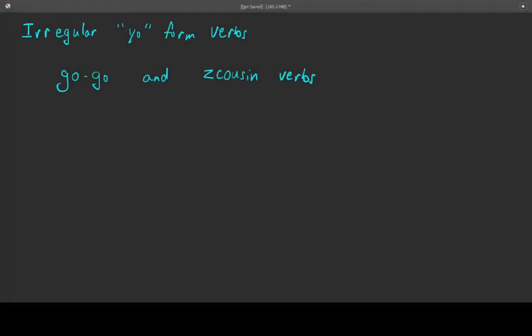The irregular yo form verbs that I'm going to mention in this video are going to be our go-go verbs and what I call z-cousin verbs. These are verbs that when you conjugate them in the yo form, the I form in Spanish, they're going to take on some sort of a spelling change. They're going to be irregular in the yo forms, but then in every single other form, they are going to conjugate just like a regular AR, ER, or IR verb. The first example that I'm going to show you all is going to be the verb